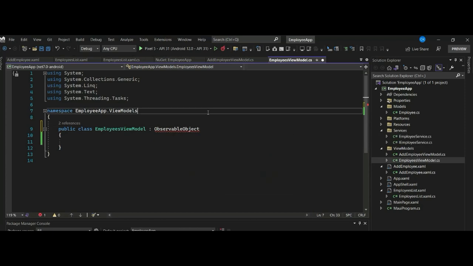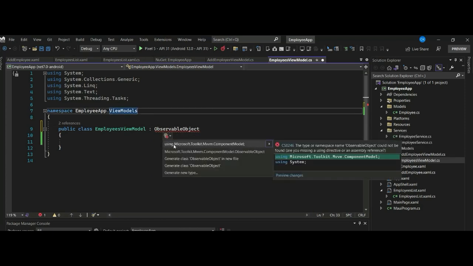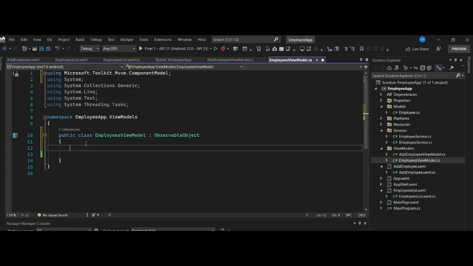So that is it. So this one will have to include, you will now be using this Microsoft.Toolkit.Mvvm. Then we now want to provide a command. So our command,